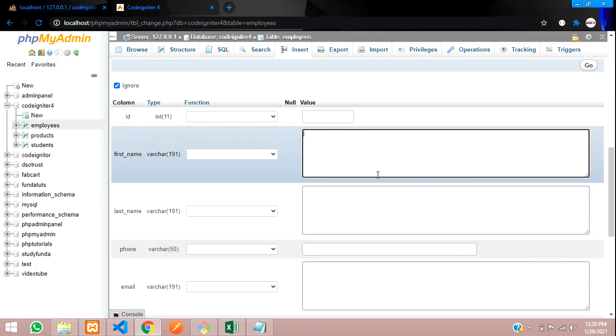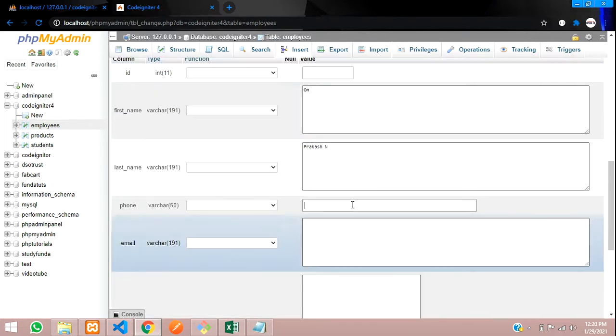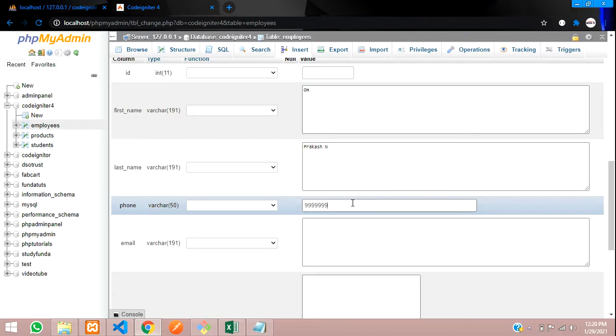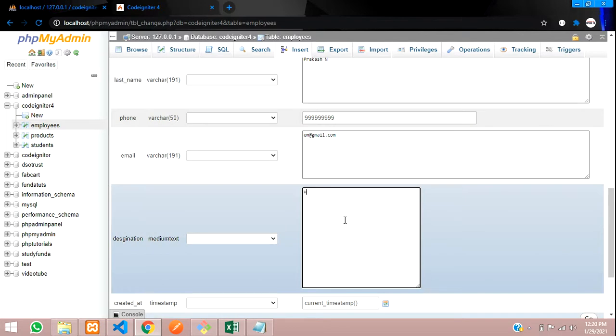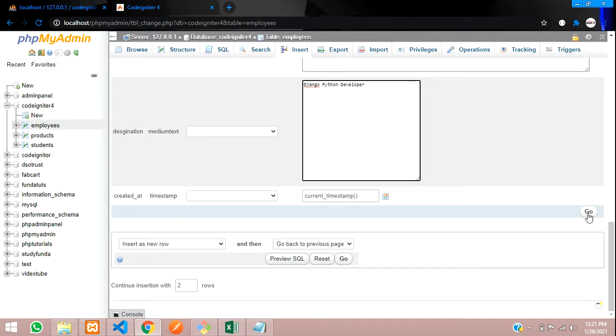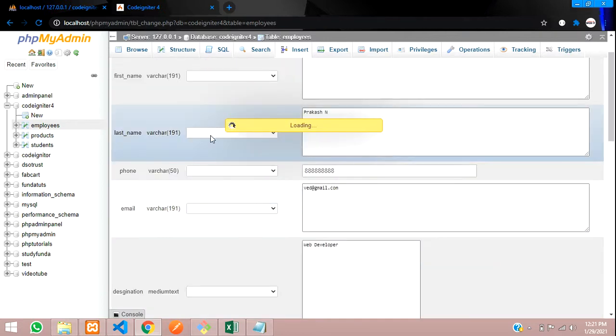Let us insert one more detail, Om Prakash N, phone number 99999999, om@gmail.com. Designation is Django Python developer. Okay, let's save, we need 2 records for this testing.